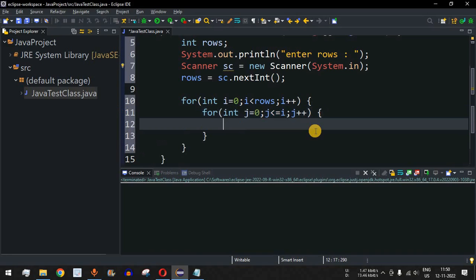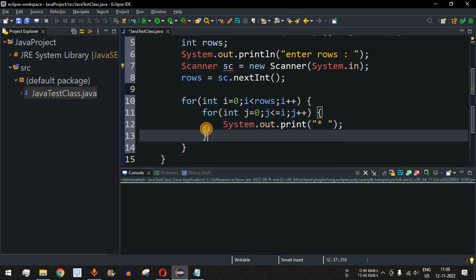And then inside this inner for loop we will have our print statement, and this time the method will be just print, because we need to print the star characters on the same line when it is on the same row. So we have a star followed by the space character, so that multiple star characters can be printed separated by the space character.